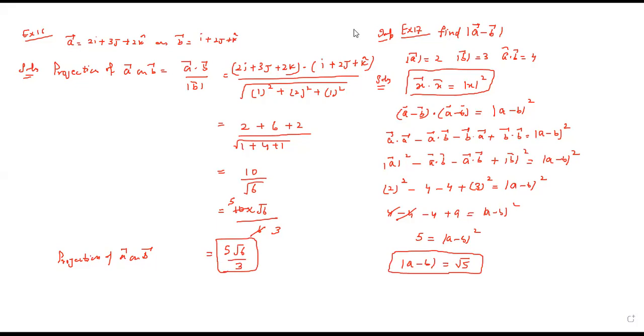So in this question, you have to remember this result: when a vector is multiplied by itself, x dot x is equal to magnitude of x times magnitude of x times cos 0, because the angle between the same vectors will be 0. So cos 0 is 1. So ultimately it will be magnitude of x square, that is x square. So x dot x is equal to x square. This is the relation.